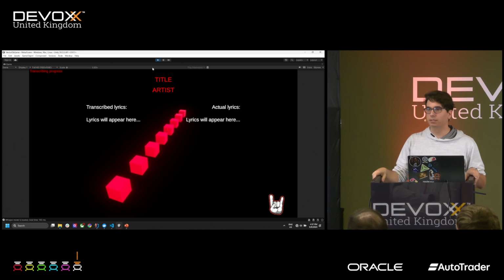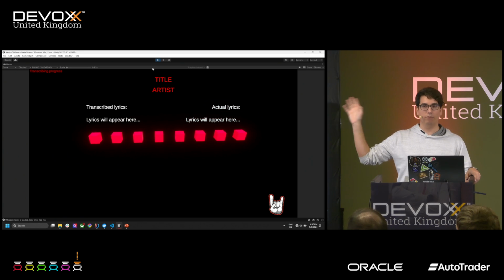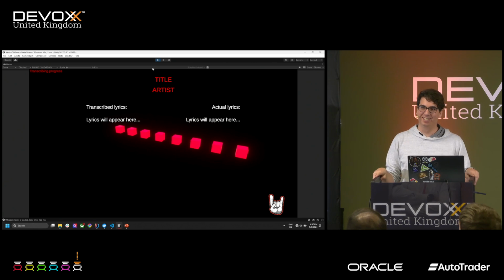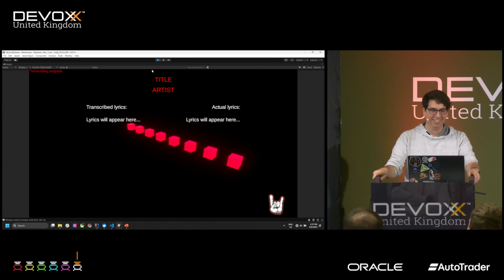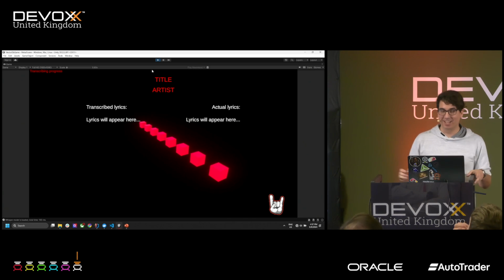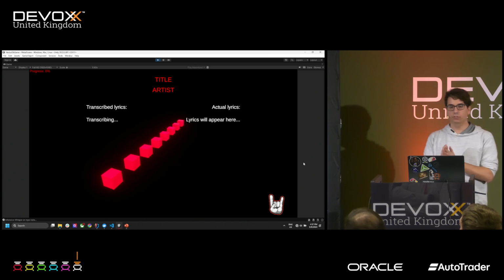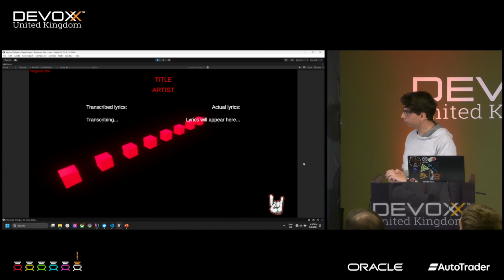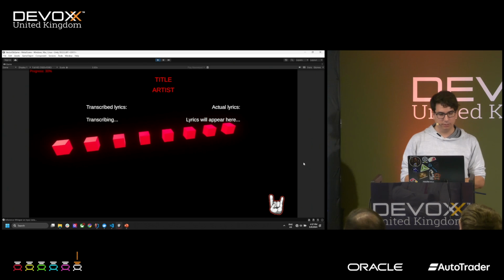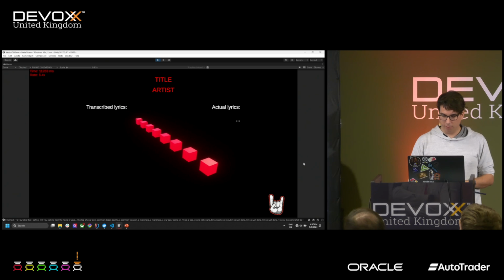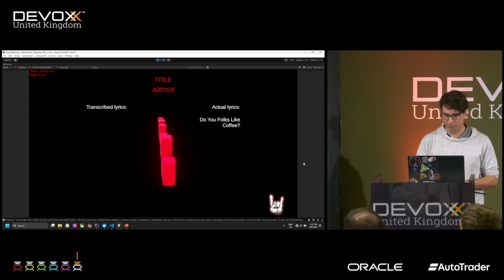Anybody want to place bets? Who thinks that we will find the song we're searching for? Okay, a couple people. Who thinks, no way, Jose? Who thinks it depends? It depends on what? That is the question we really fear, doesn't it? Okay, so it's transcribing the lyrics right now. It takes a couple seconds. And then it's going to start playing. Hopefully not too loud. Oh, this is fine.